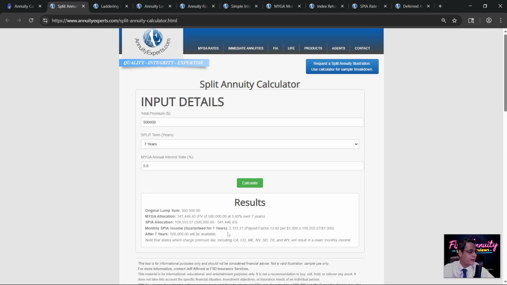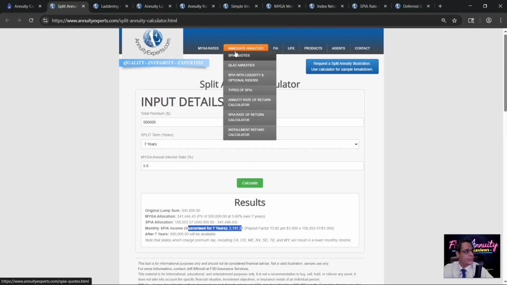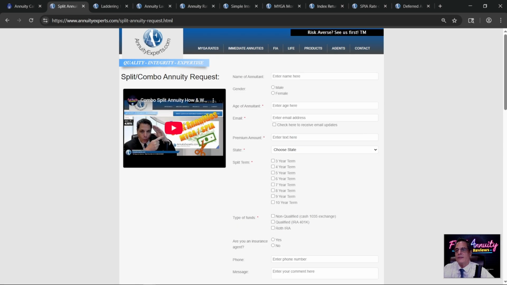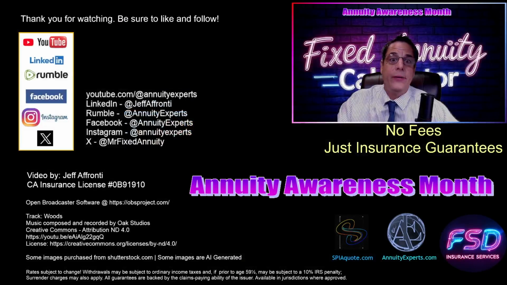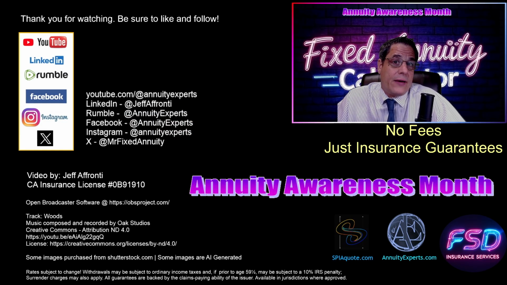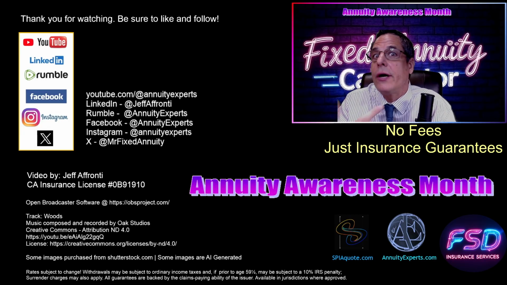So there you go. And then we can figure out the exclusion ratio on the hard copy quotes. I can't put the exclusion ratio in here. I don't know. It just didn't work. But anyway, it'll say the California premium tax states are going to be lower, but this will be approximate, almost guaranteed. So if you want an actual, you could just go to the request, and you can request a quote on the split annuity and stuff like that. So I have quote requests. You can request split annuity request right here and all that good stuff. But anyway, annuity calculators, I'll go ahead and put timestamps in the end for that. But if you need a quick result, about where you're going to be on a split,